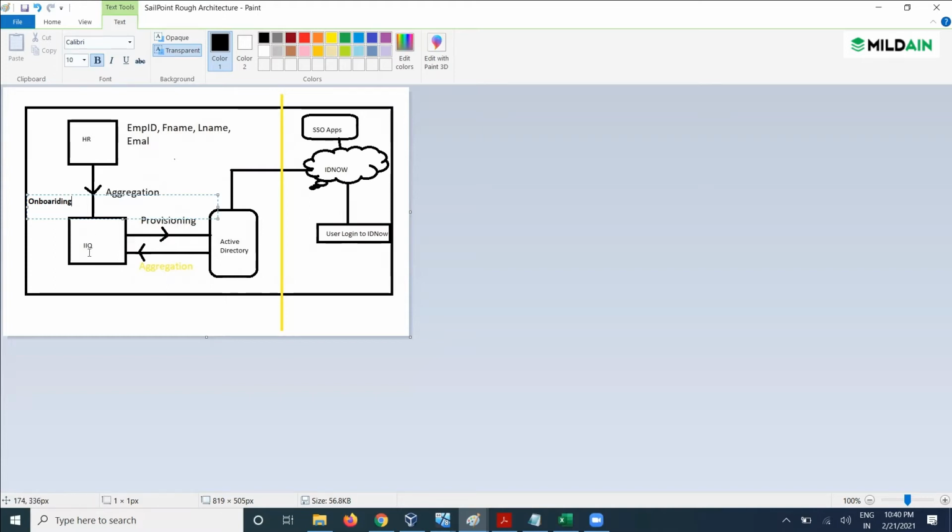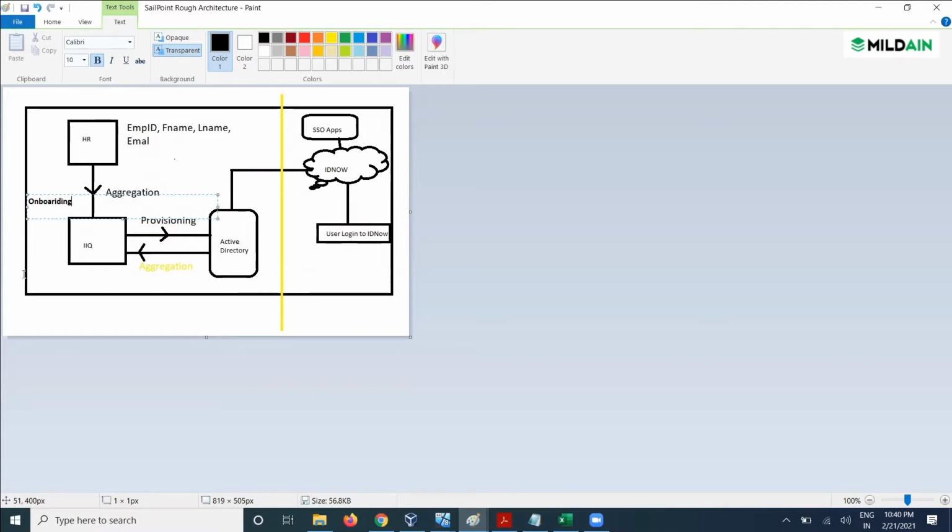And that sheet will be provided by the HR, correct? Yes, that sheet will be maintained by the HR. And from IIQ, we will do some configuration. We will map that file and pull the data periodically from that place. Kind of a file server, in practical? Yeah, kind of a file server. But it could also be a database. If they are maintaining any database, putting the user records there, we can pull from there.